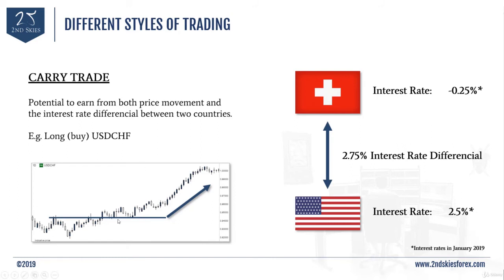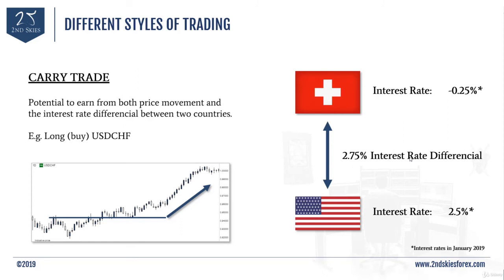So let's say you were watching the dollar Swiss, watching this breakout, and it hits resistance, and then support, and you say, I'm in, I want to go long, I think this is going to hold here, and I think it's going to go up. So you buy it around 94, and it starts rising to parity here. Not only are you going to make money on the trade, but every single one of these candles is a daily candle. So every day I'm in the market, I'm taking advantage of that positive 2.75% interest rate differential.